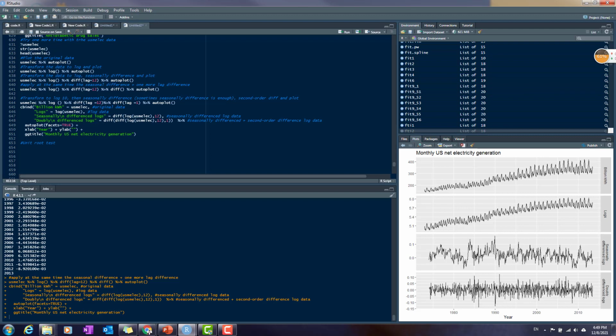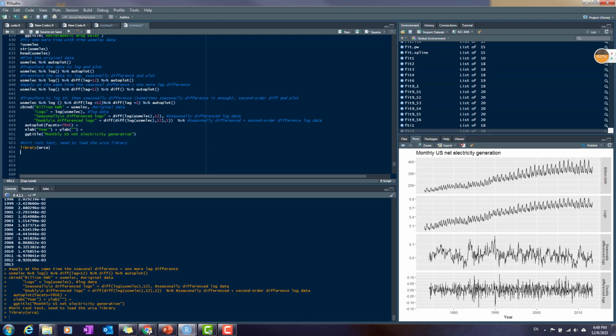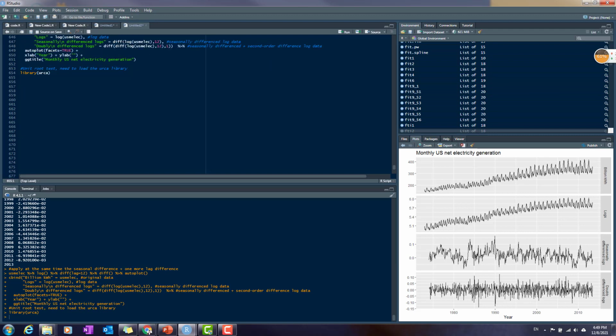So that is what we want to use the unit root test for. But first of all, we need to load the urca library. I already loaded it at the beginning of the chapter, but it's okay, I will repeat it one time. And the urca library is now available. Now I want to apply the, what do people say, the KPSS test, to clarify the unit root test